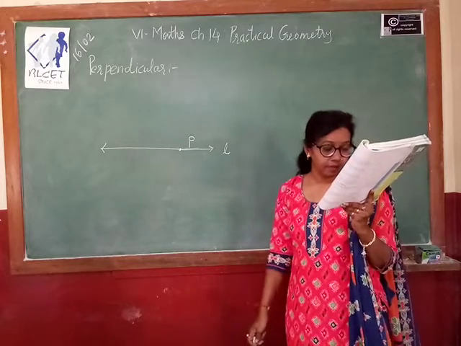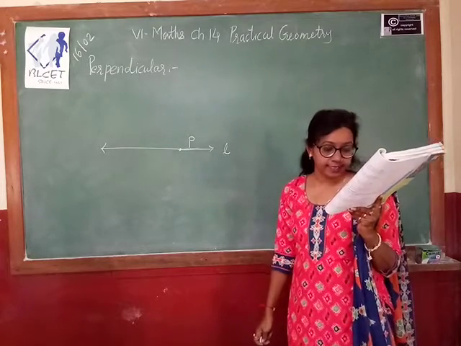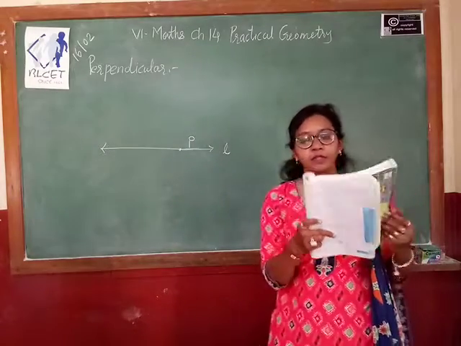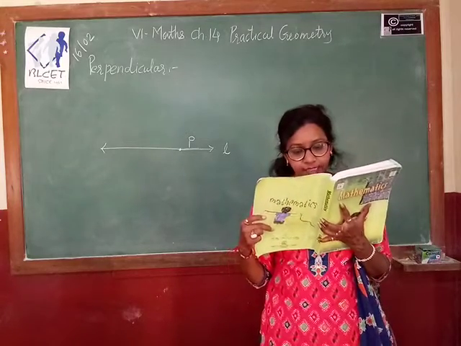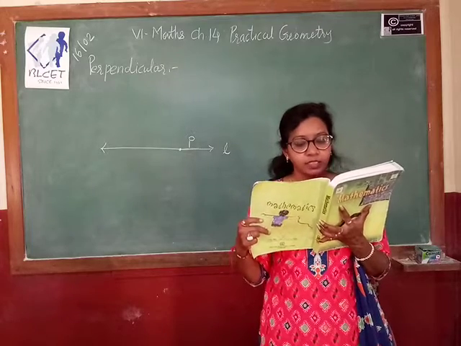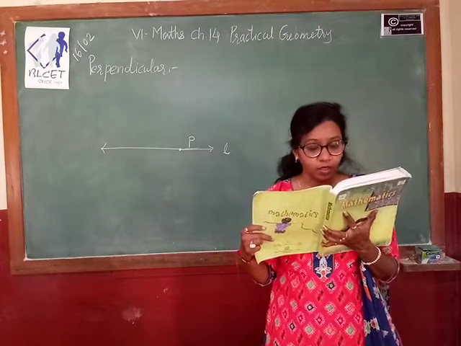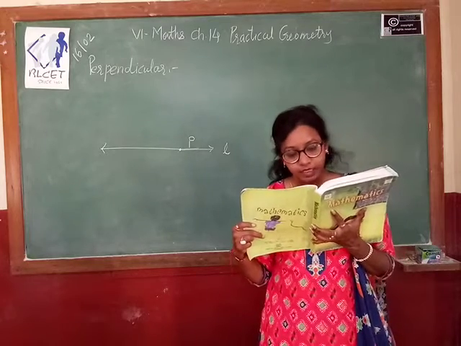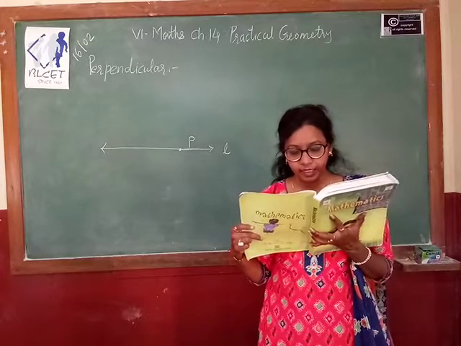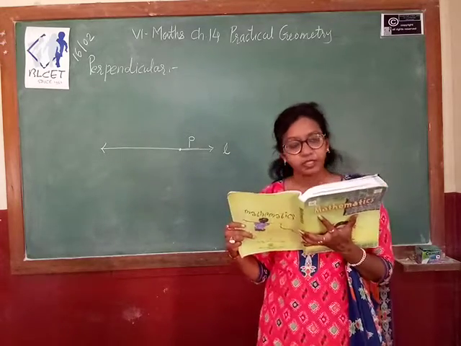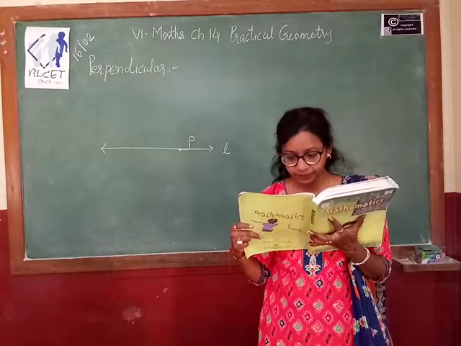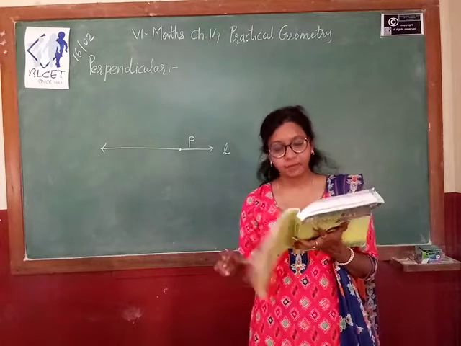The next step, place a ruler with one of its edges along L and hold this firmly. Third step, place a set square with one of its edges along the already aligned edge of the ruler such that the right angle corner is in contact with the ruler. Slide the set square along the edge of the ruler until its right angle corner coincides with P. Hold the set square firmly in this position. Draw PQ along the edge of the set square, and this is your perpendicular.